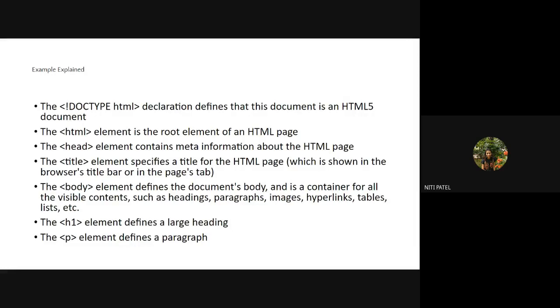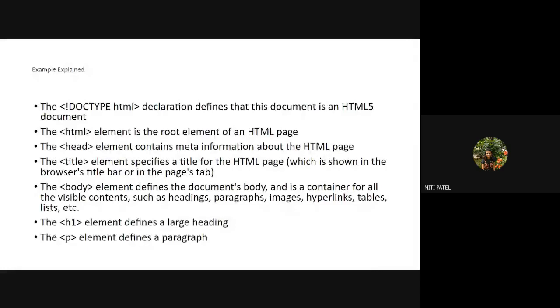Okay. Next is the HTML tag. Now what is the HTML tag? The HTML tag, or HTML element, is the root element of an HTML page. Now every one of us has seen a tree. How is a tree? It has roots, it has a stem, it has branches, it has leaves, it has flowers, like this. So without a root, can a tree stand? No. So we consider the root a very important part of a tree.